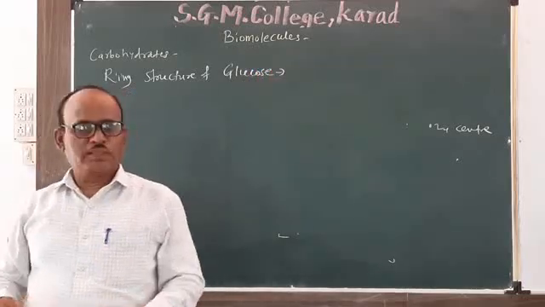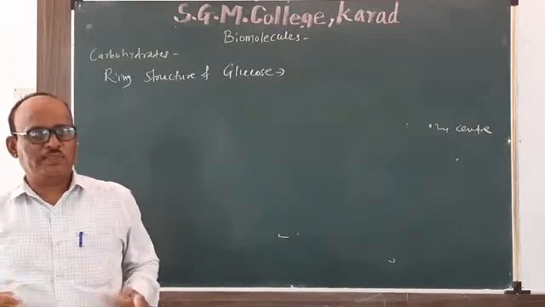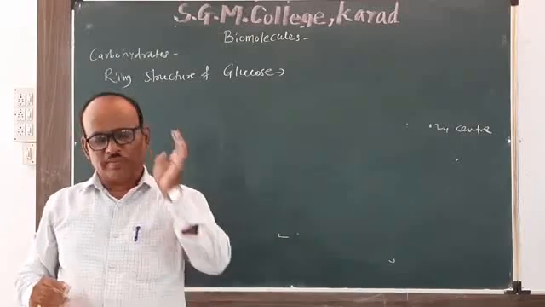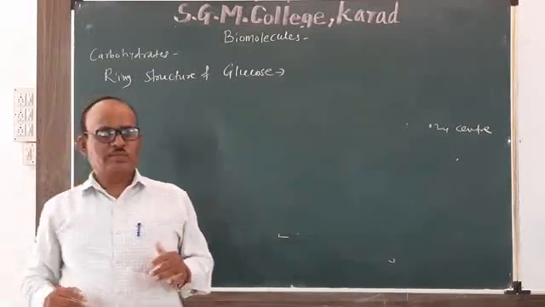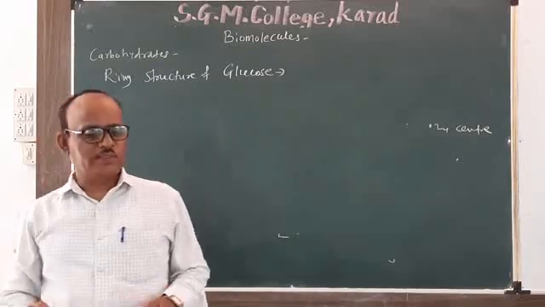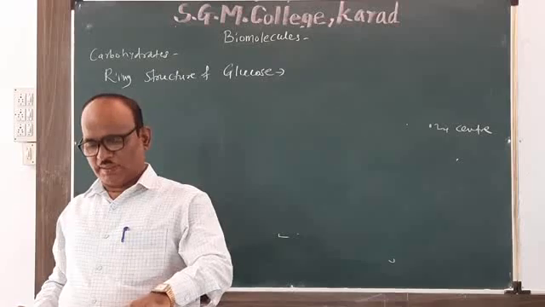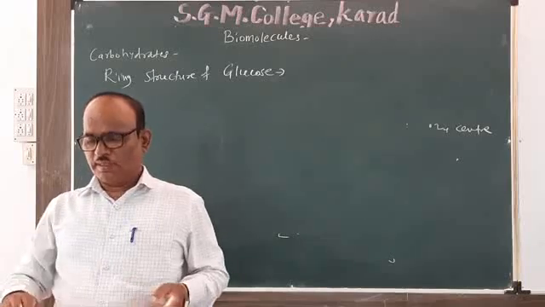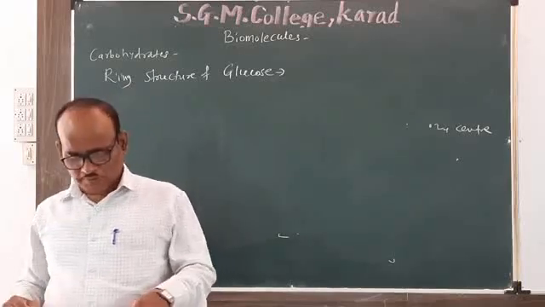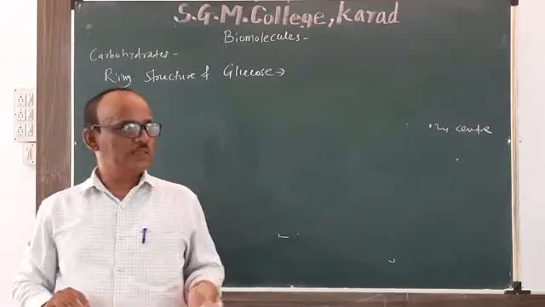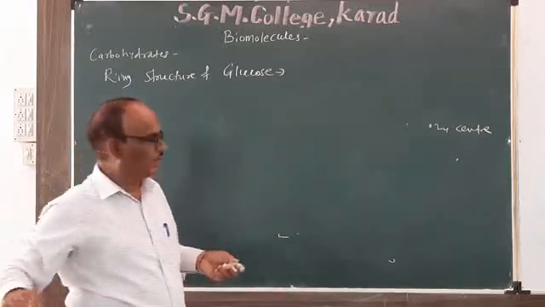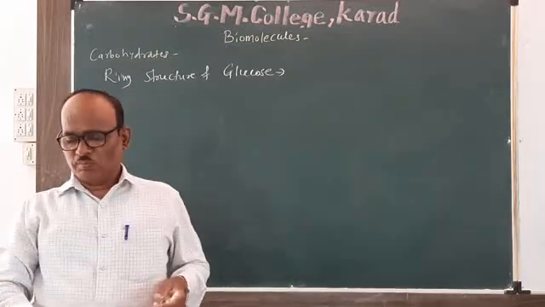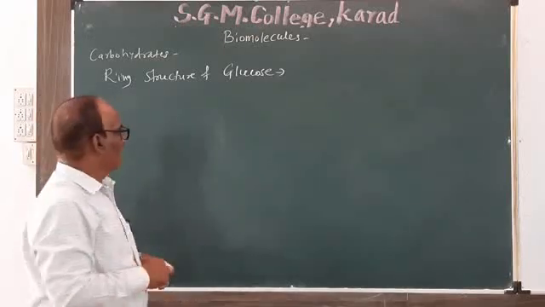In the first part we studied the open chain. The open chain can be represented as a Fischer projection formula. So there are a total of 6 carbon atoms. At the top, carbon number 1, the CHO group is present, and at the bottom, carbon number 6, the CH2OH group is present. In between, CHOH groups are present. There are 2 types of configuration, capital D and capital L, and this formula is called the Fischer projection formula. But by using the Fischer projection formula or open chain structure, we cannot explain all the chemical properties of glucose. So for this, a ring structure can be used.